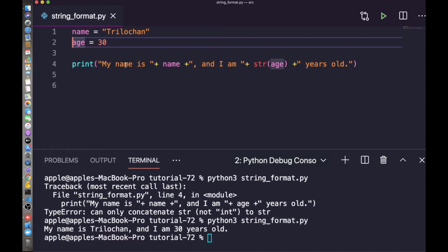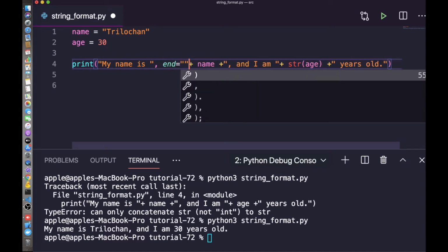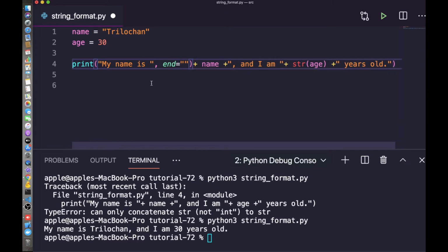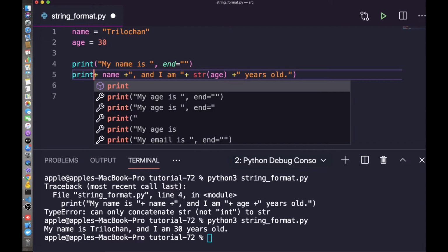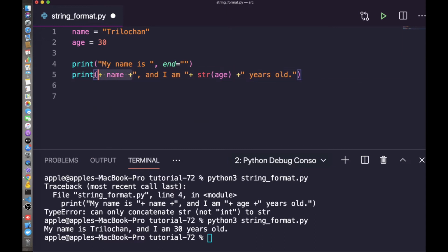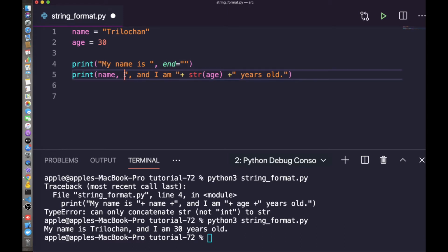Let's format a string using multiple print statements. But this only works in Python 3+. Here all the strings will be written in different print statements, but we will use end equals to a blank string, and it will remove the new line behavior. Okay, similarly we can write all the strings in different print statements. So here it is the print, and you can directly write name. Here we will not use any cast to make it a string. Okay, so here also for age we will not use str of age.